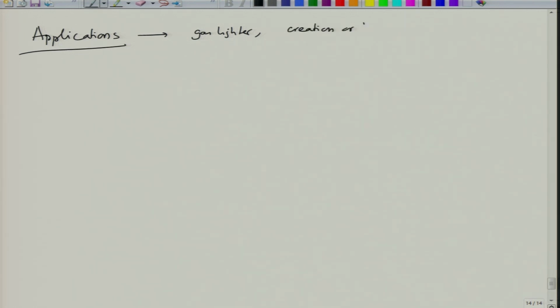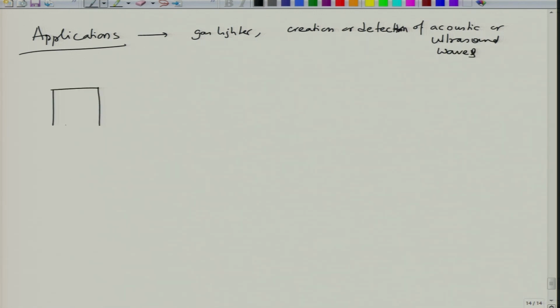Now, let us come back to again the applications of piezoelectric. So, piezoelectrics, as I said, are useful for, we looked at gas lighter, a simple application, but gas lighter is very trivial application, but they are most importantly useful for applications such as creation or detection of acoustic or ultrasound waves. So, for example, let us say this is a piezoelectric.